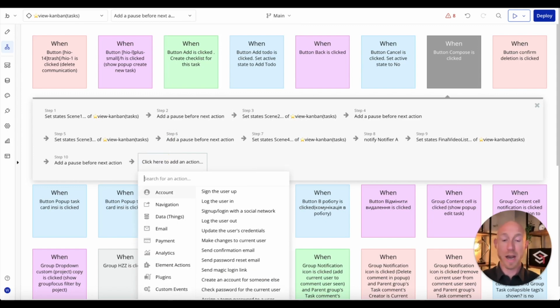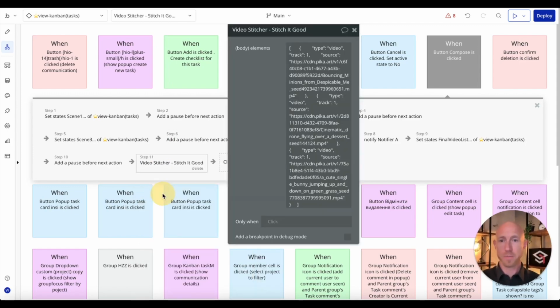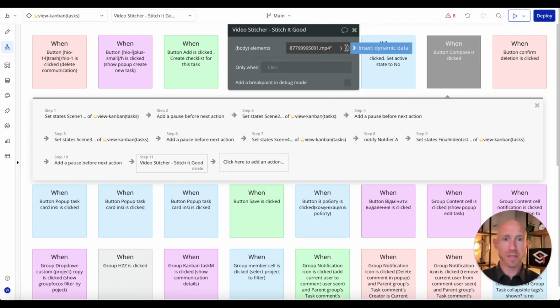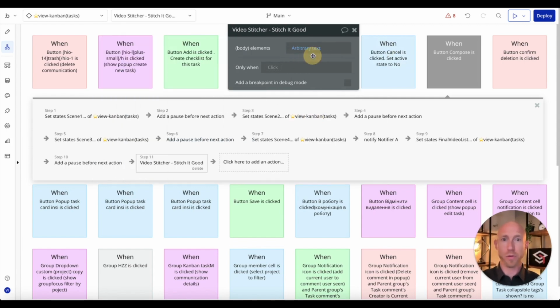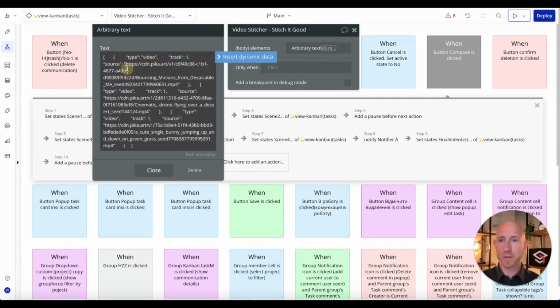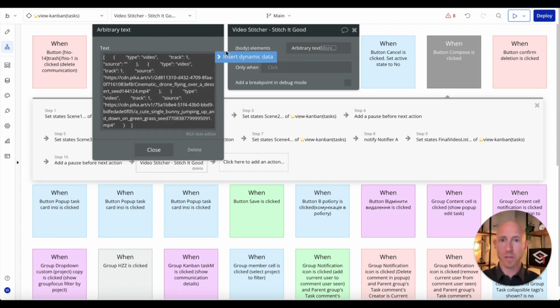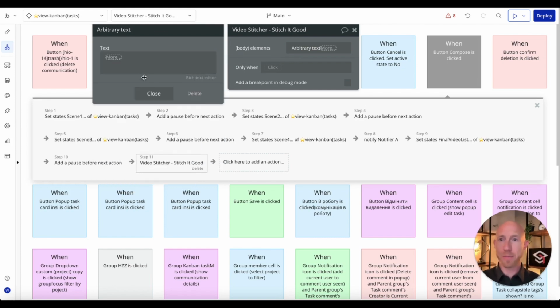call our API, so the stitcher here, and we need to do a little bit of formatting. We need to get it into this special form. First, we're going to put this into an arbitrary text, so we can see the whole thing, and that's going to help us. But then this URL, for anyone wanting to know how to do this more dynamically than this,